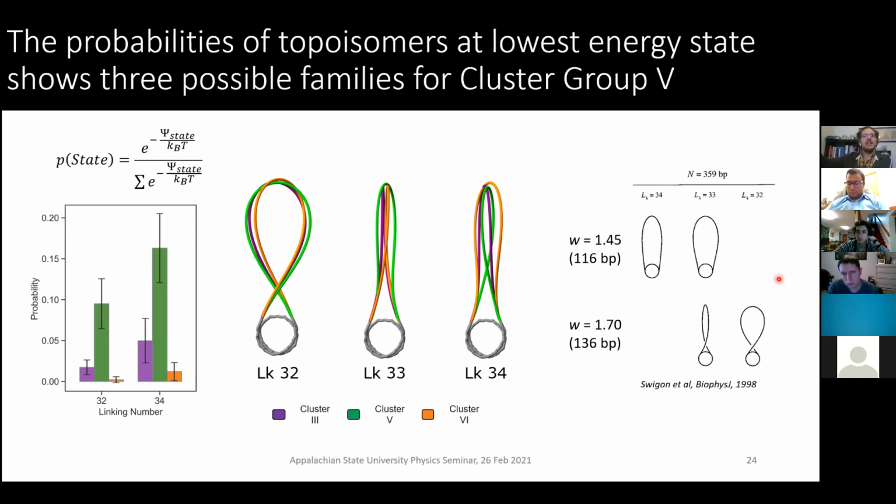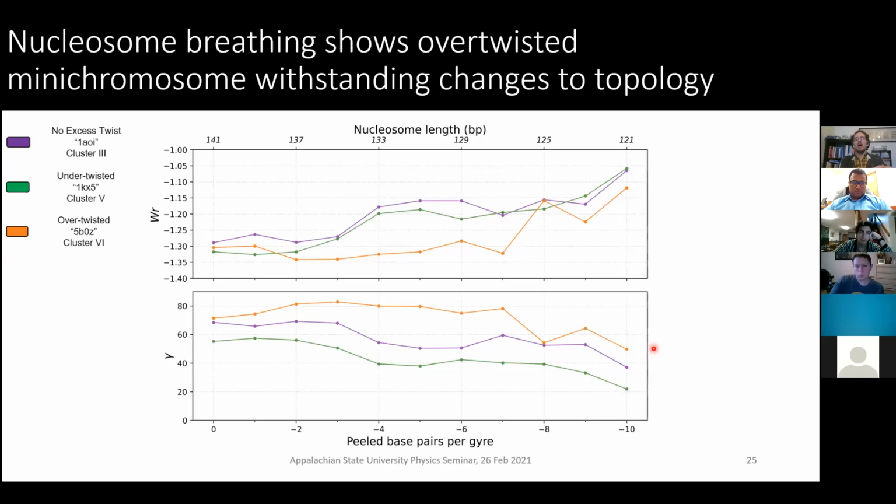Would we see this level of probability if we start to relax what we consider to be our nucleosome? Let's start to increase the number of base pairs in our loop and decrease the number of base pairs in our nucleosome to see if we can get this level of likelihood to continue. So here is a plot that relates our relative openness, gamma, on the bottom, with a Writhe parameter. And if we recall, Writhe is just the level of distortion of our overall configuration.